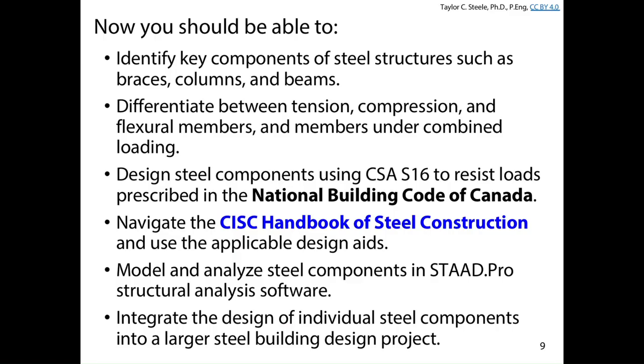I don't know why they call them columns, but they do. There are beam selection tables. There are bolt selection tables. There are properties in the handbook and the orange pages to help you calculate areas that are required for tension. Lots of stuff in the handbook that you're going to have to be able to use for the exam on